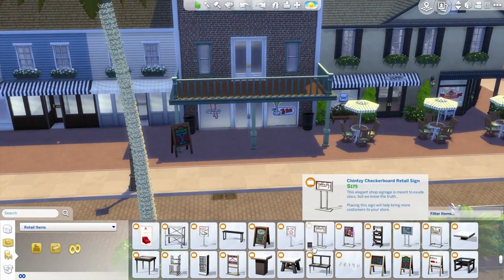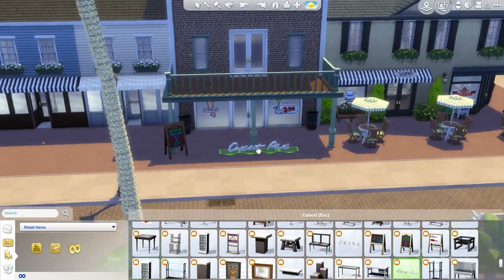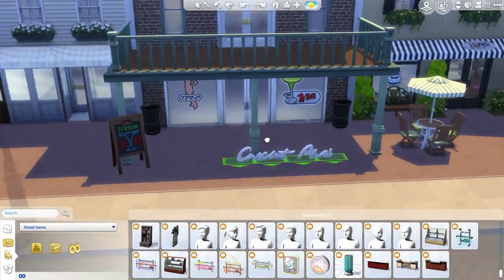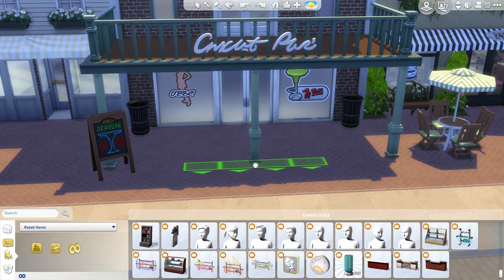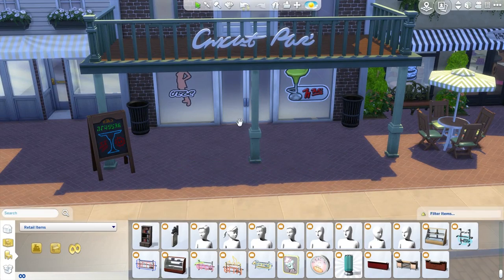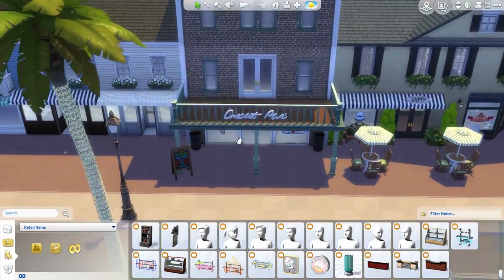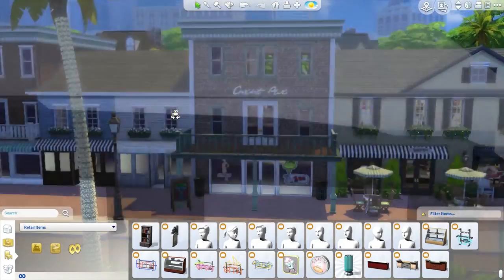There was the one that I used inside of the restaurant upstairs, like this one here, which is more cursive. That one could work. I think those two are the only ones like that. But I did like this one, so we could just put it here too. So I think the cursive letters make it look like something that would be more easily attached up there. Another possibility is rather than having it here, to just move it up here, like have it in between the two floors, but then you...